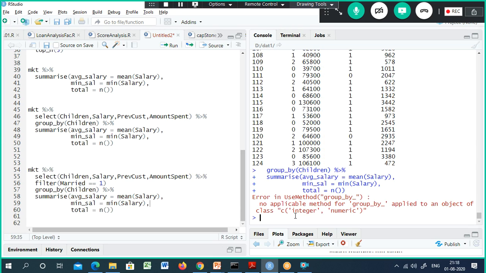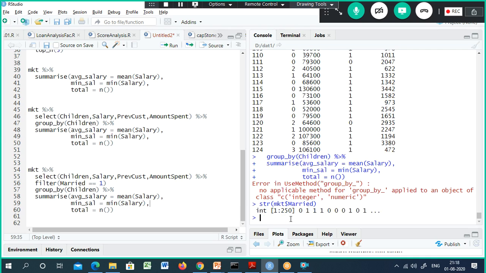Okay, married, str of mkd dollar married. It is an integer only, right? Yes, it's an integer only. It is equivalent to 1.